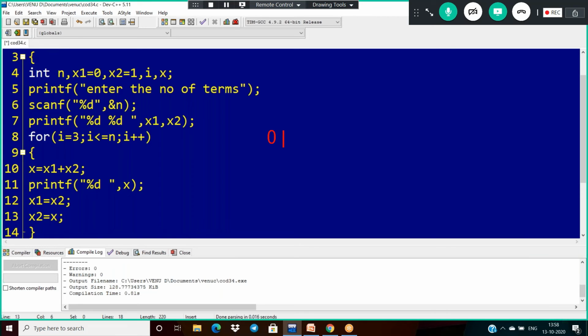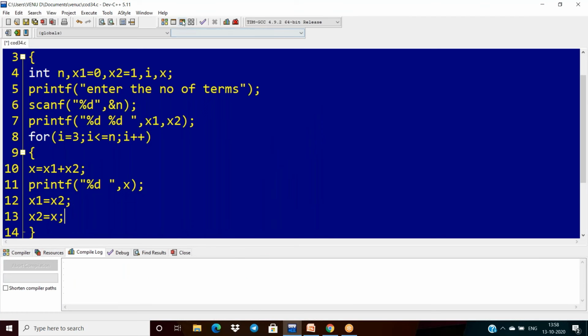For 0 1 1 2 3, the first time I calculate the sum, x1 and x2 are 0 and 1, and I get 1. To get the 2, this is your x1 and this is your x2. So x2 will become x1 and x will become x2.